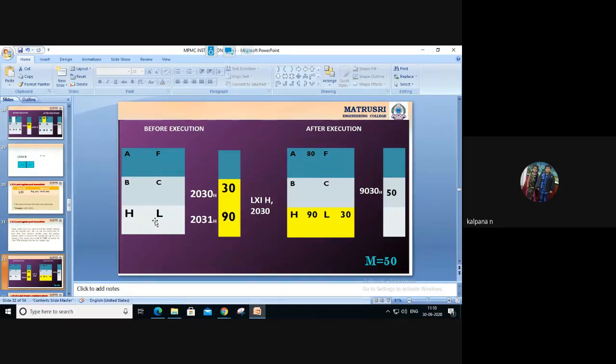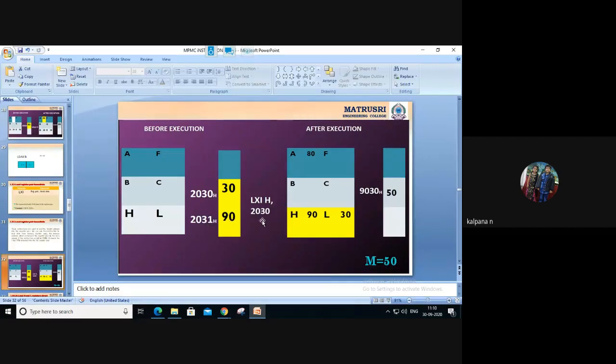No. When can you write zeros? Whenever this 2031 is empty. In place of 90, if zeros are present, then you can write zeros here. But here in 2031, 90 is present. So by default it will take the next address location also. Why? Because the data size of HL is 16 bits. But here in 2030 the data size is 8 bits, means 1 byte only. So for another byte, it will go to the next address location. Understand?